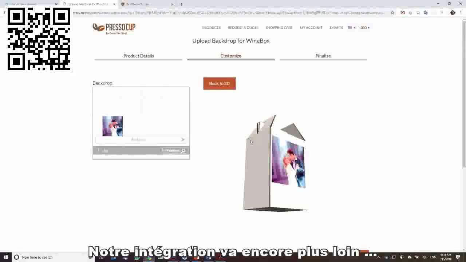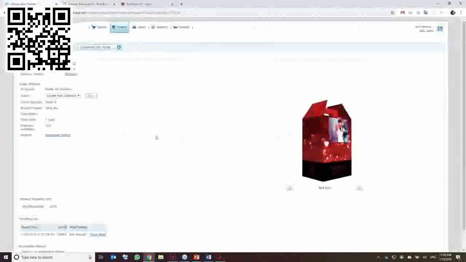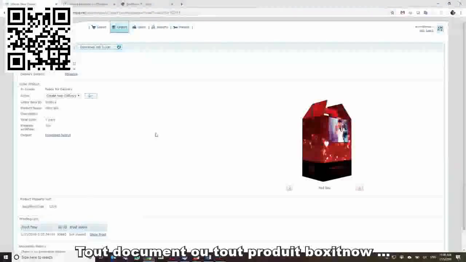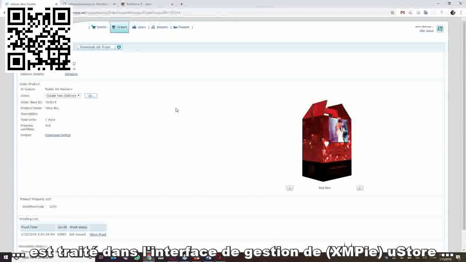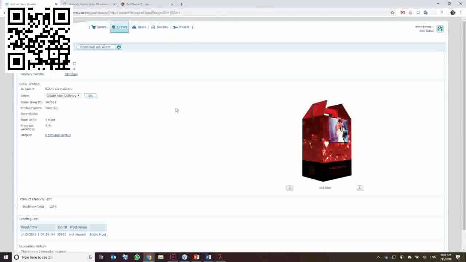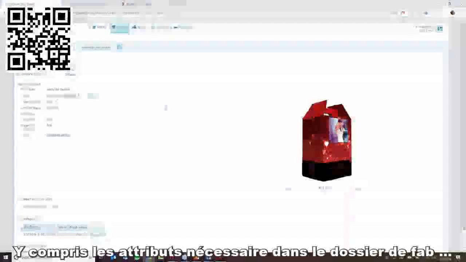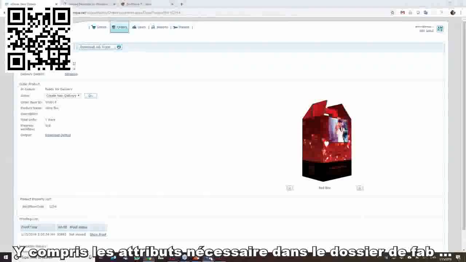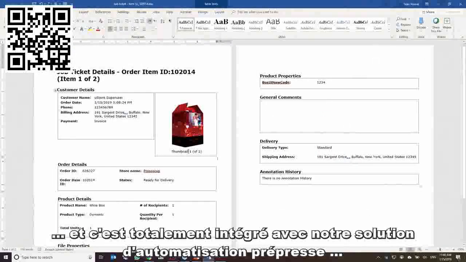Our integration also goes forward to the job management section. Every boxitnow product is managed within the UStore backend, just as any other XMPie product would be, including the necessary attributes in the job ticket, an icon that reflects the design in the job ticket as well, and